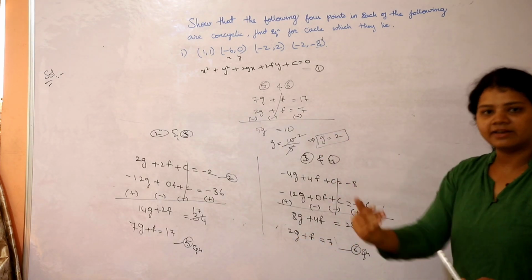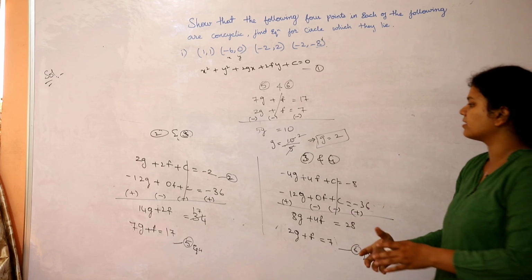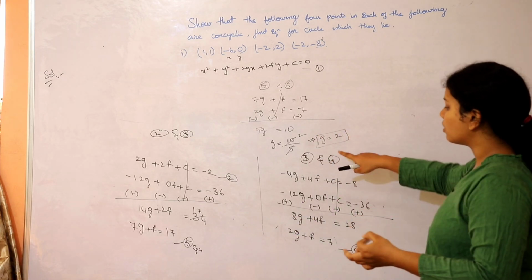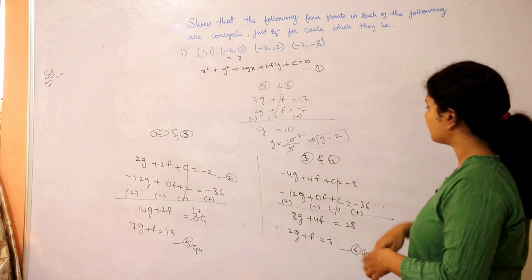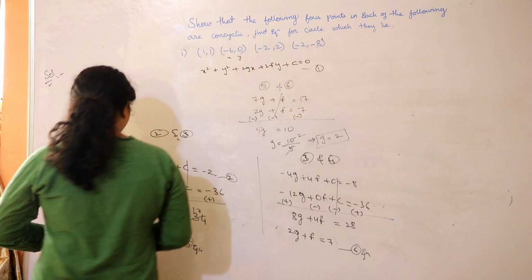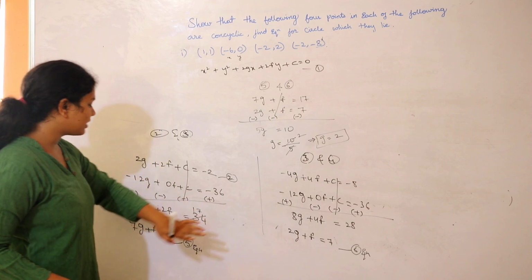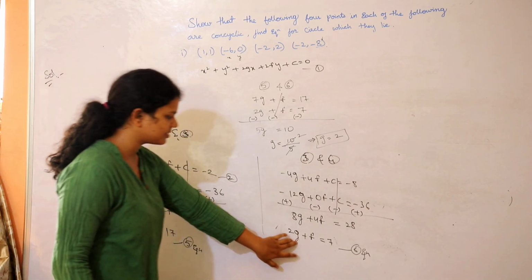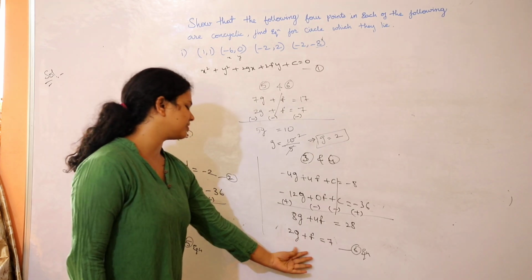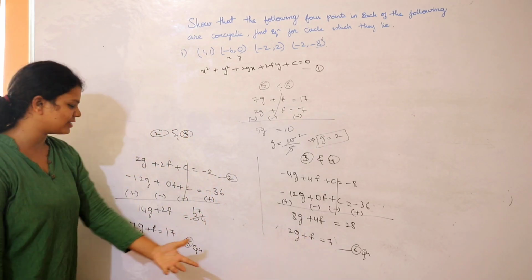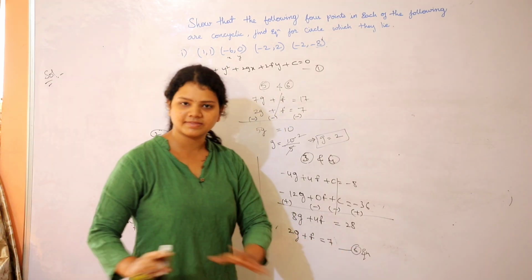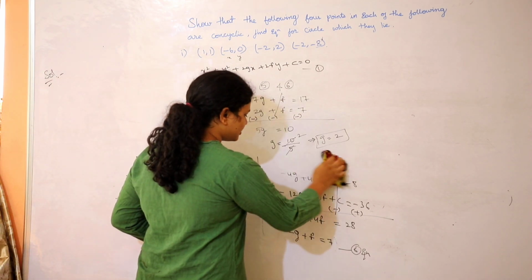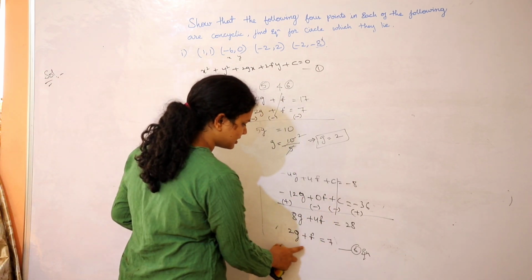If you get one variable value, it's very easy to find out the other two variables' values too. So here we got the g value, right? Now we should find out the f value. How can we find the f value? You can substitute the g value in this equation or this equation. But guys, I would love to substitute in this equation because I can see very small values over here, like 2, 1, 7. It's 17. Okay, so let's substitute in this equation, the 6th equation.